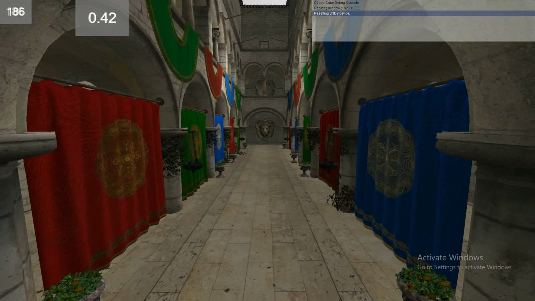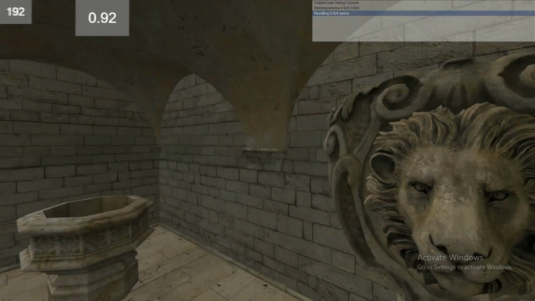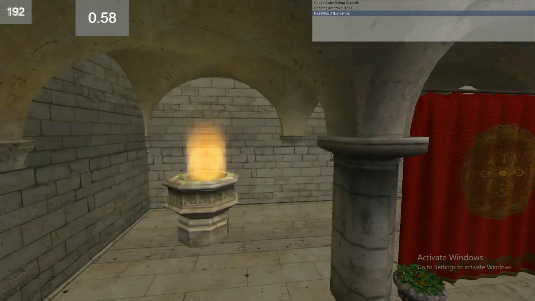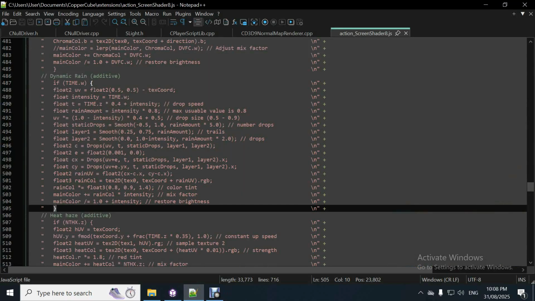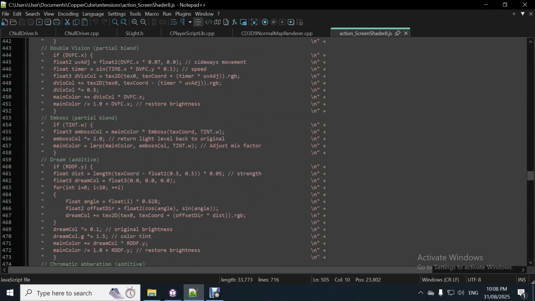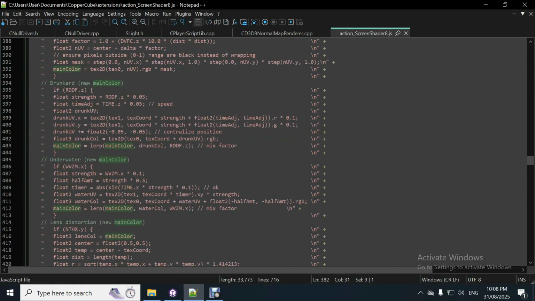It works better if you run it independently and by itself. In other words, it's partially blending. So you can see the blur? There's a blur there in the movement. It's not as good as if you had it separately and independent, as the first few ones. Yeah, it's a new main color, fisheye drunkard